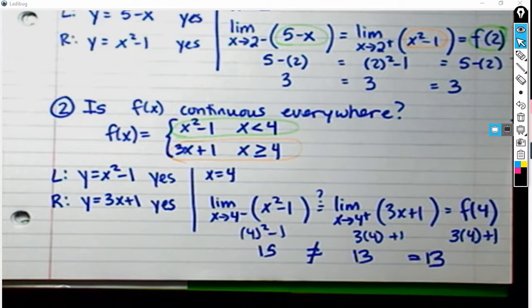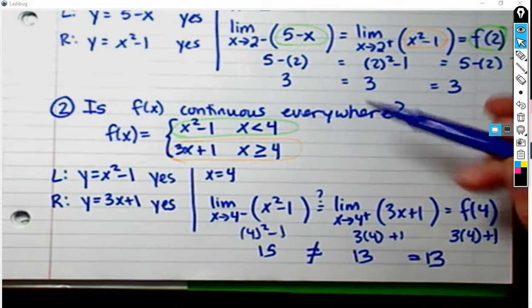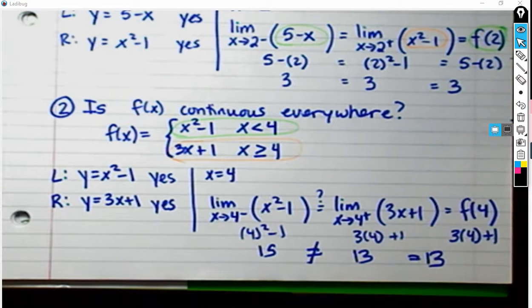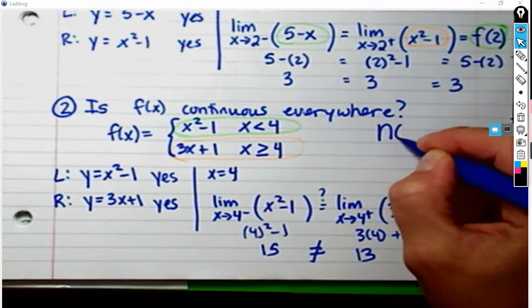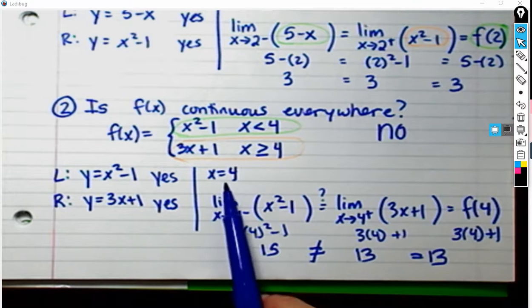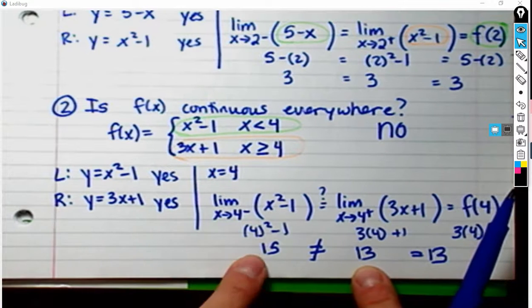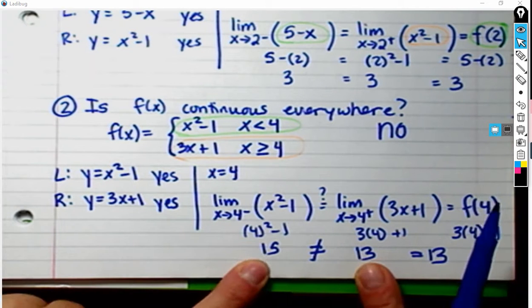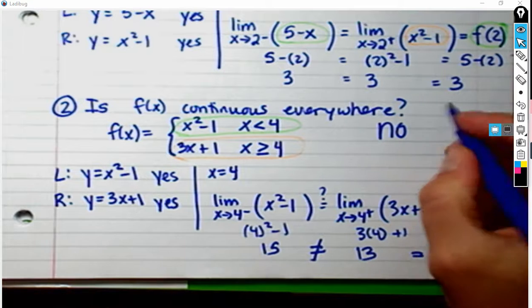All right. So is f of x continuous everywhere? Agnia, yes or no? Is it continuous everywhere? No, it is not continuous. See here at the transition point? The left and the right are not the same. So it's not continuous